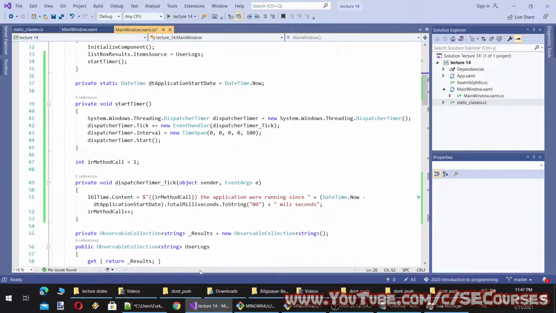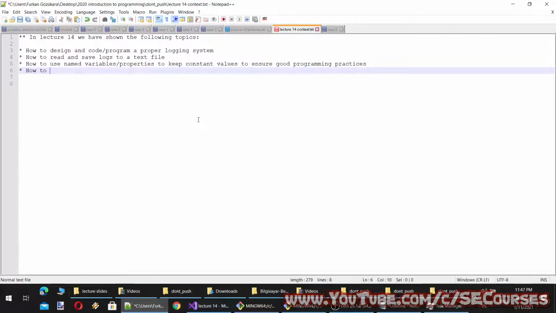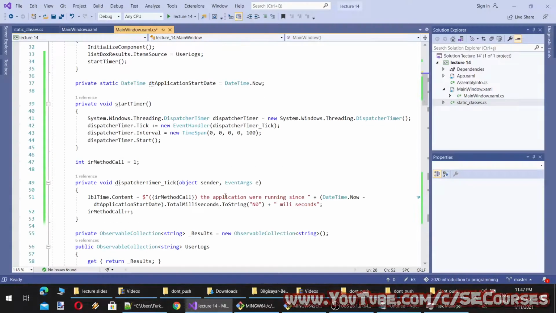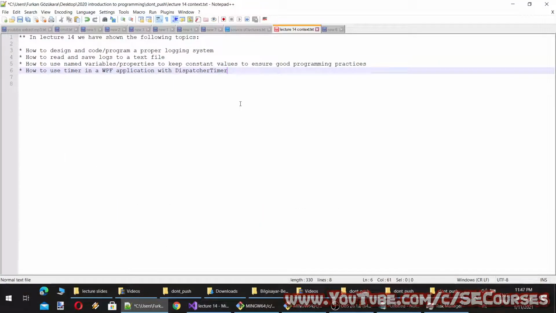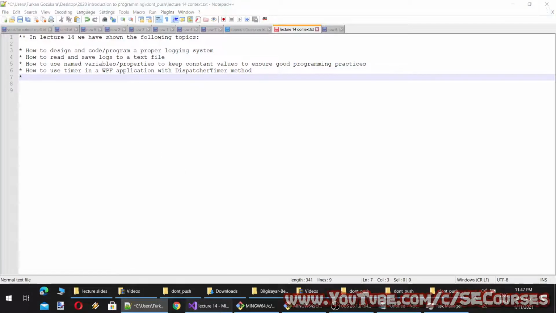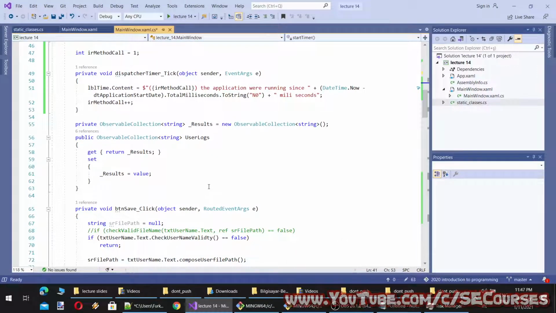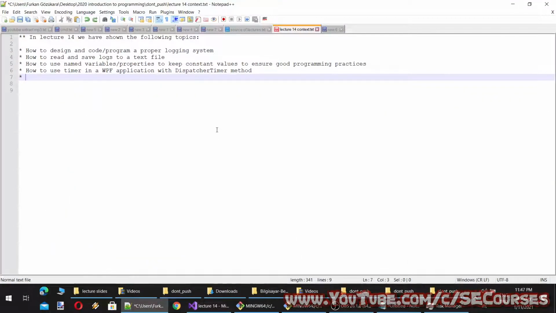We have seen how to use a timer in a WPF application with the dispatcher timer method. How to use observable collection to update values of a list box.